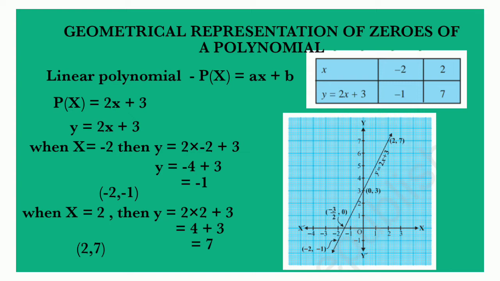So we can clearly say minus 3 by 2 comma 0 is the zero of the polynomial, because this straight line touches the x-axis at minus 3 by 2, in between minus 2 and minus 1. So we can take the mid value between minus 2 and minus 1. So minus 3 by 2 is the zero of that polynomial, because you can substitute minus 3 by 2 in the place of x, you will get the y value 0. That way minus 3 by 2 comma 0. Okay, so x coordinate is minus 3 by 2 and y coordinate is 0.